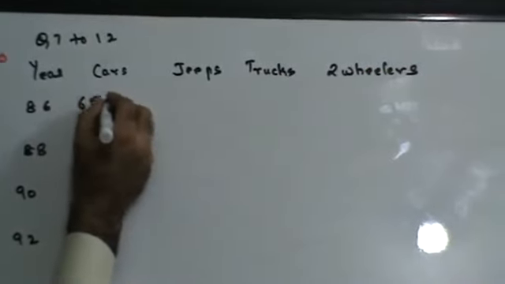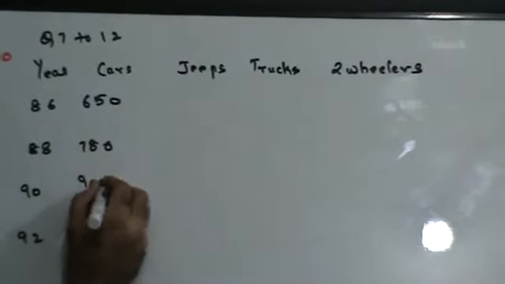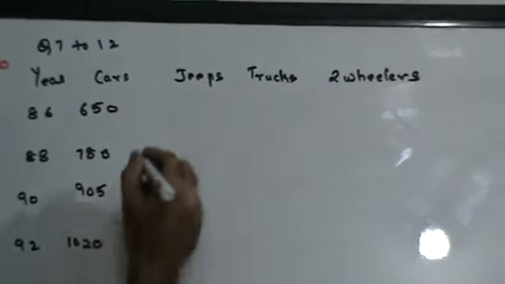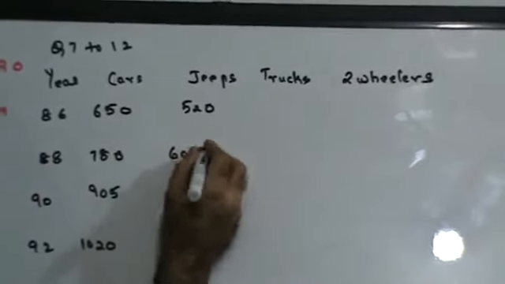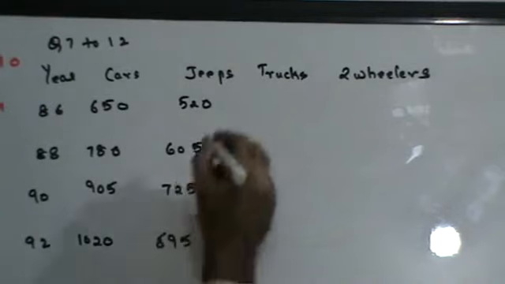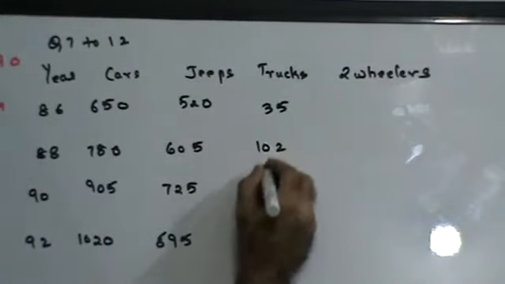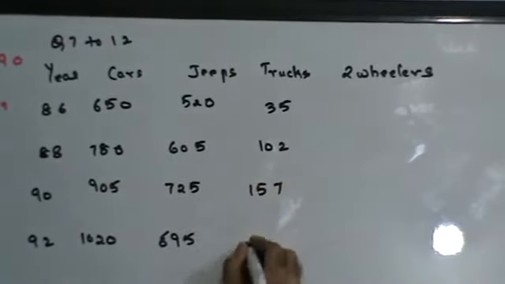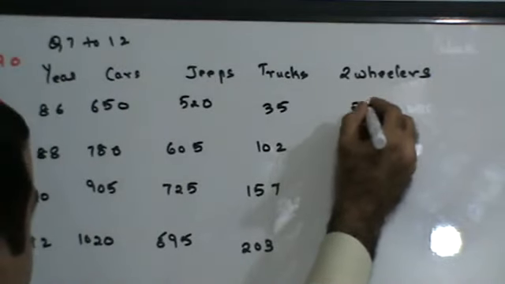Data is 650, 780, 905, 1020. 520, 605, 725, 695. Then 35, 102, 157, 203. 2500,